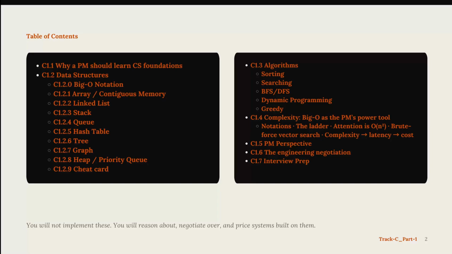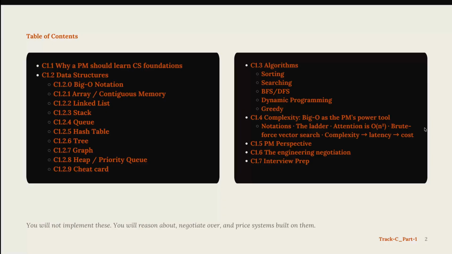Then we're going to look at tree structures on how to retrieve data when data is stored in a particular tree format. We're going to use similar trees in algorithms as well when we do BFS and DFS. Then we are going to look at graph. Graph is very much important for understanding how your data is stored in vector databases. Then we are going to look at heap or priority queues, and finally a cheat card that shows how all of these data structures can be put on a complexity graph to understand how growth of certain data will impact the performance of these